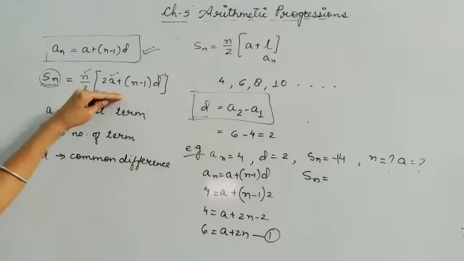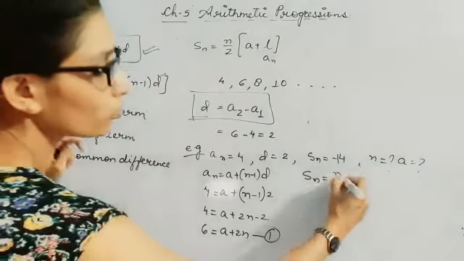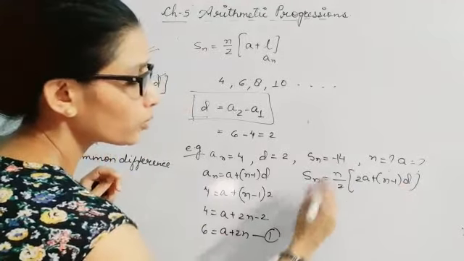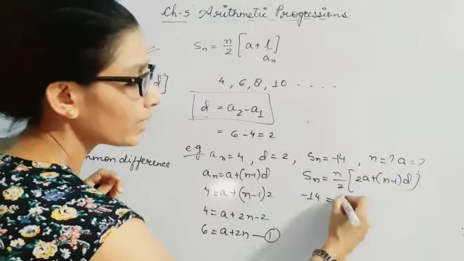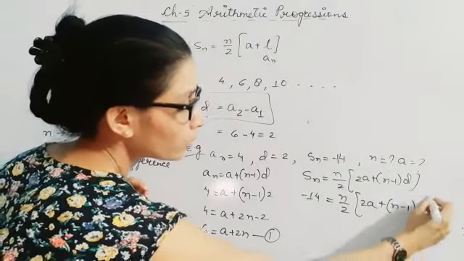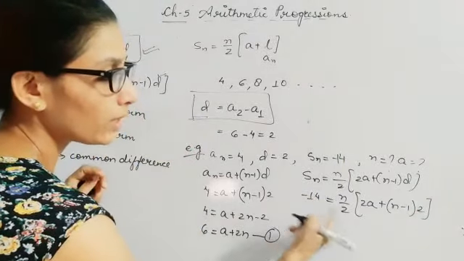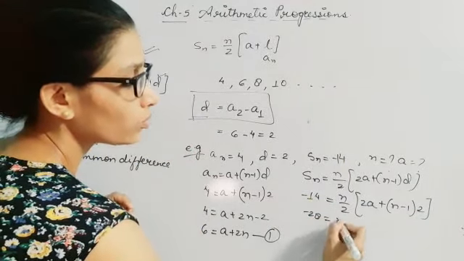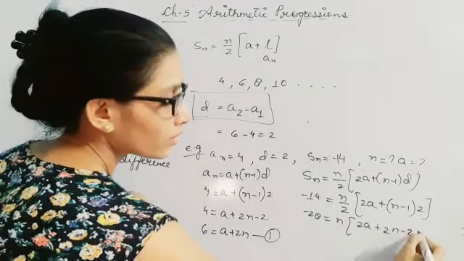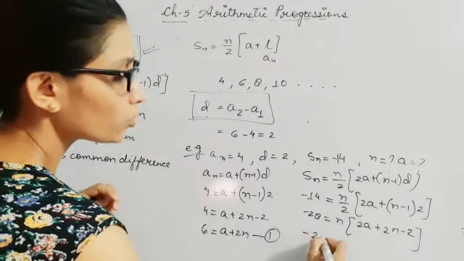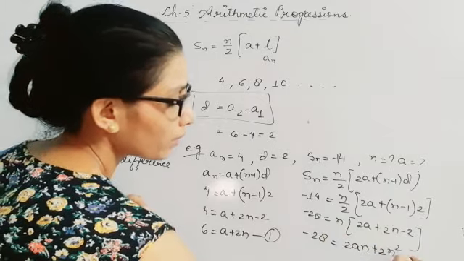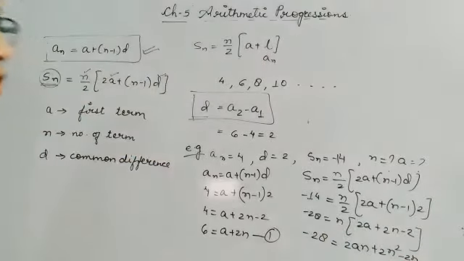So let's suppose I am using this. It is given to me Sn equal to, I will write the formula, n by 2 into 2a plus n minus 1 into d, and then I will put all the values. So this will be minus 14, n I don't know, so as it is, 2a I don't know, so as it is, again n is unknown, and this is 2. So I will be multiplying this. First of all I am multiplying this 2, so this is minus 28 equal to n into 2a plus 2n minus 2. Alright, so now what are you getting here? Minus 28 equal to 2a, just multiply this inside, plus 2n square minus 2n. So this is the equation I am getting over here.